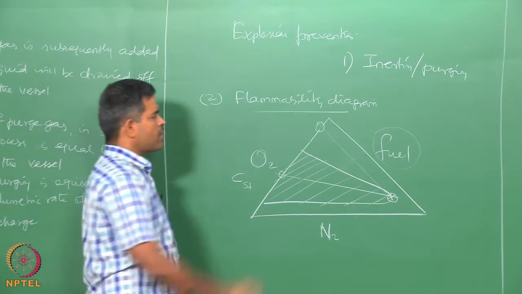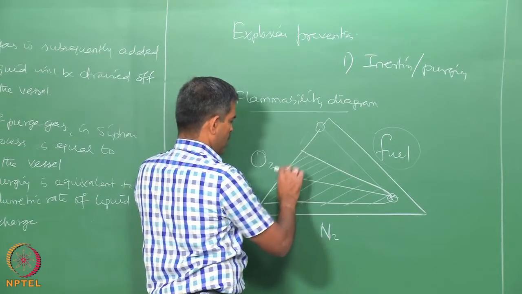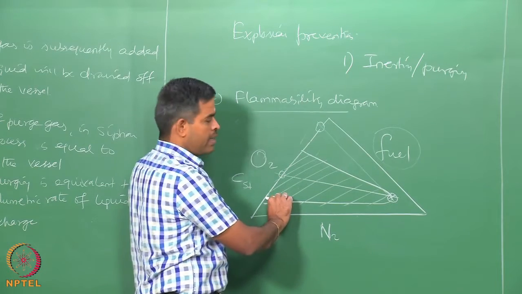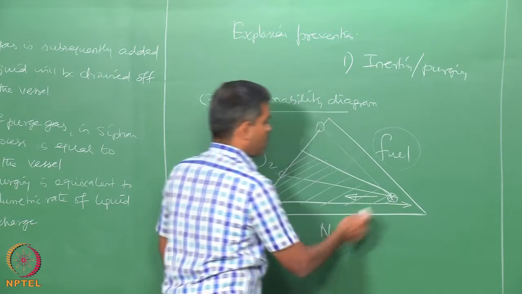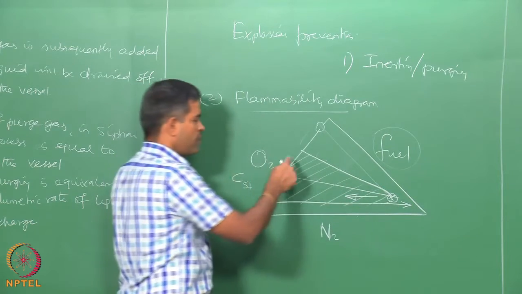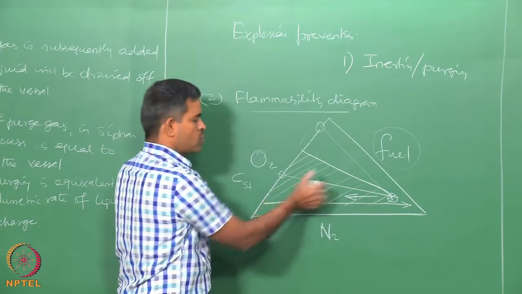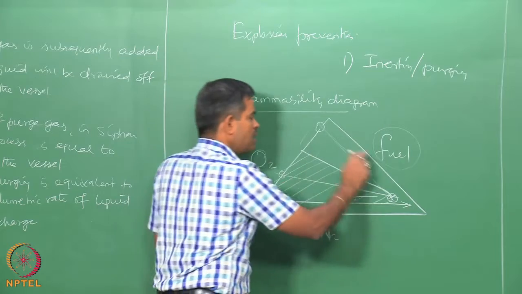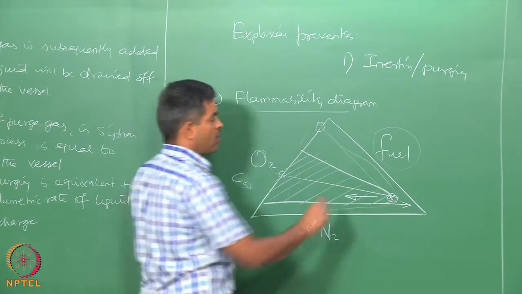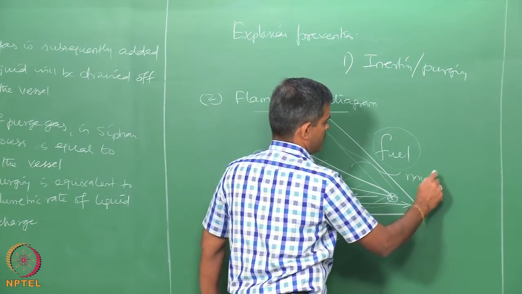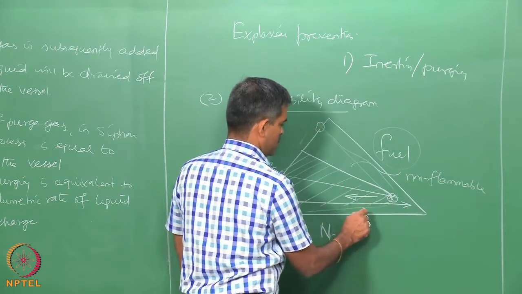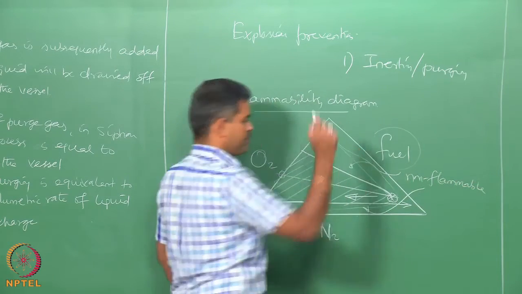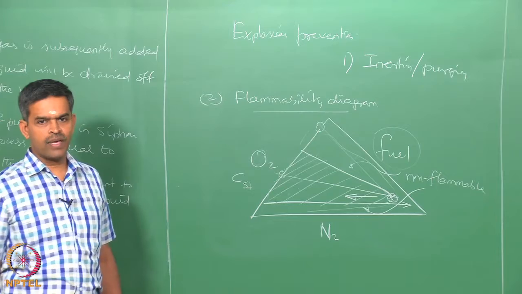If I am able to lower this, or on the other hand extend or contract this nose, the flammable region can be reduced or compressed. So, the larger area will remain non-flammable. So, this region is all non-flammable. The idea is that.